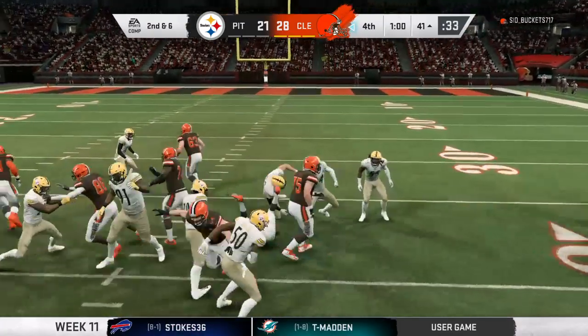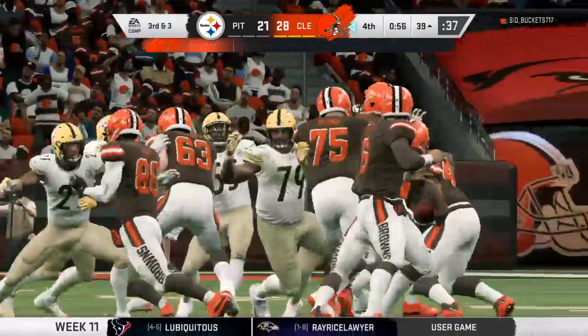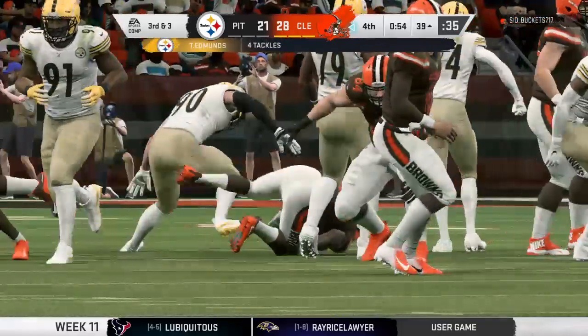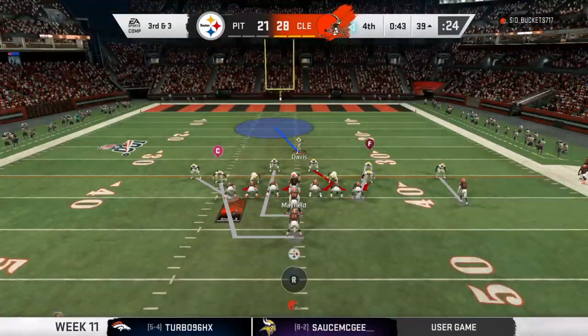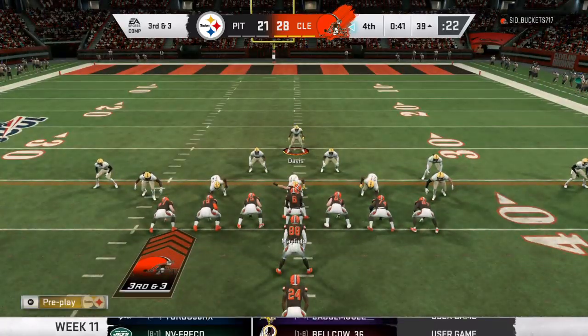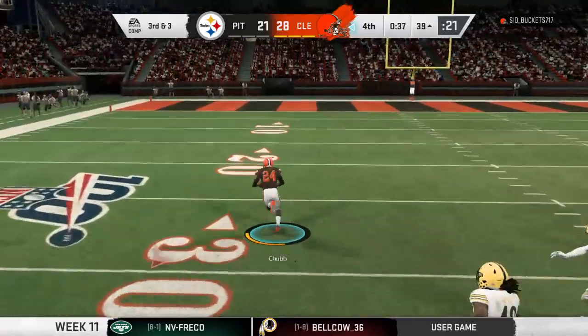On the carry, it's Chubb. There to stop him, Terrell Edmonds. I guess the simple question, why not just take a knee there? I don't understand either why you would take any sort of a chance. We've seen it happen in the game of football. Doesn't matter whether you've watched high school, college, or the NFL. Some people get a little...